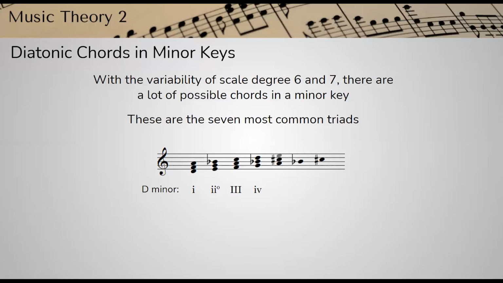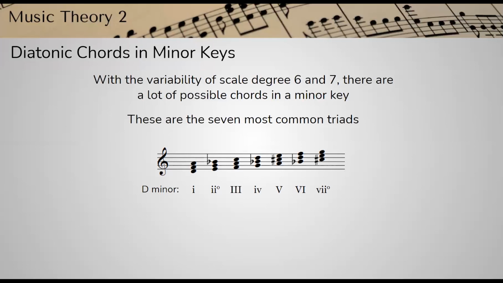And this is the tricky one that everyone always forgets. Since you have to always raise a leading tone in a minor key, the V chord in minor will always be major. You'll never have a lowercase v. You'll always have an uppercase V. Okay. Then we have our VI chord built on B flat, which is major, so we make it capital. And then this final one built on the C sharp, we just call that a vii fully diminished,